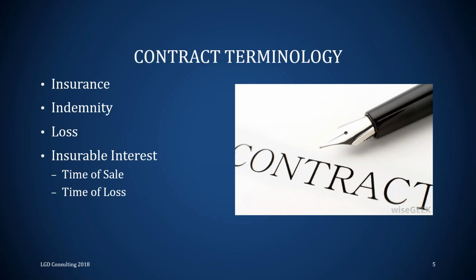Now, in the property and casualty world, you have to prove insurable interest 2 times. Number one, at the time of sale or time of purchase. And number 2, at the time of the loss to collect. But not in the meantime. So in order to buy the insurance, you have to prove insurable interest, and if a loss occurs, you have to prove insurable interest in order to collect.